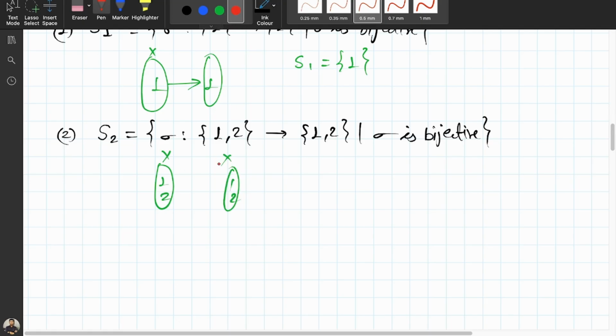Now what are the possibilities I can make here? First, I will write this element simply like this: 1 goes to 1 and 2 goes to